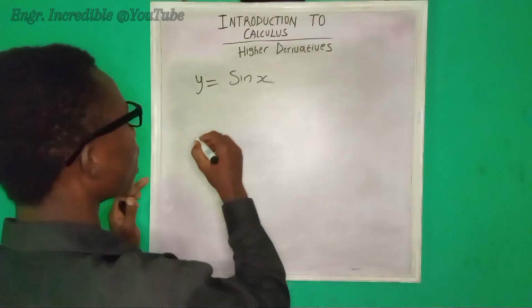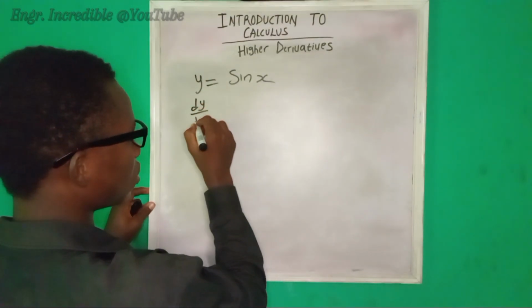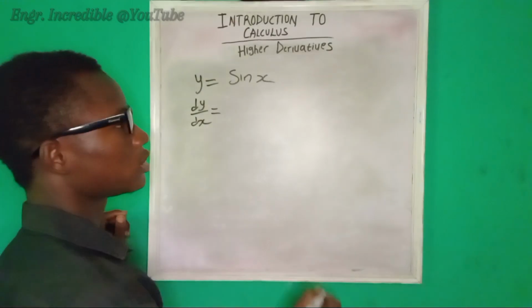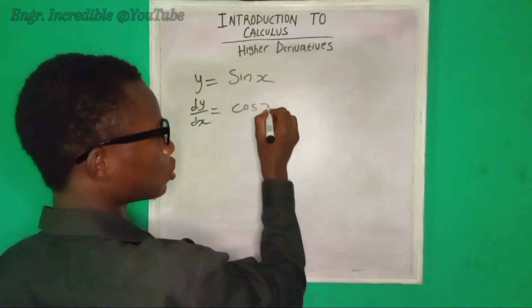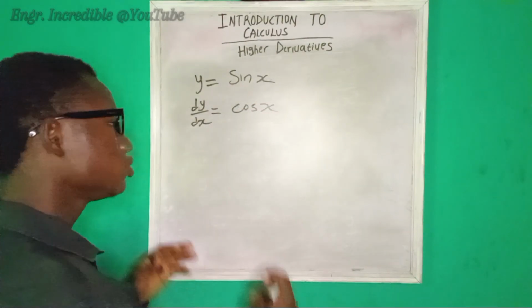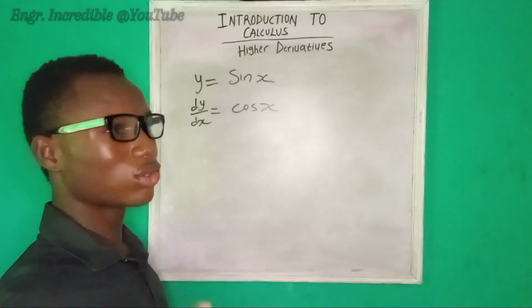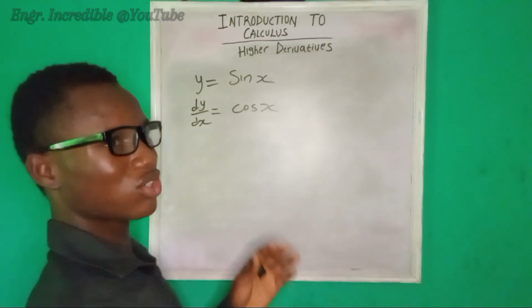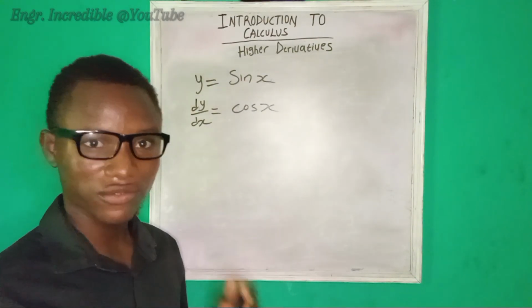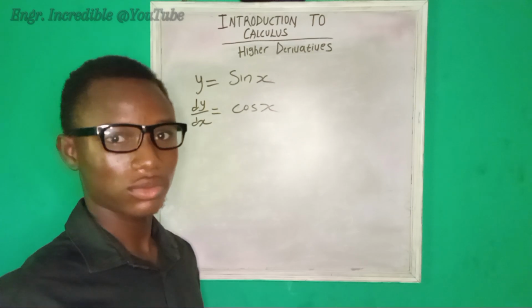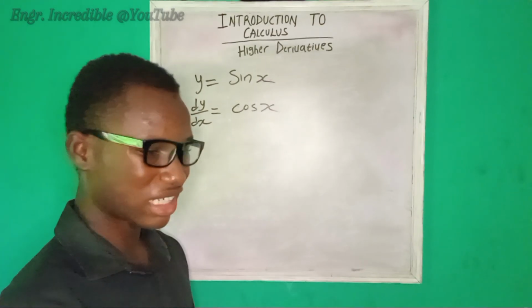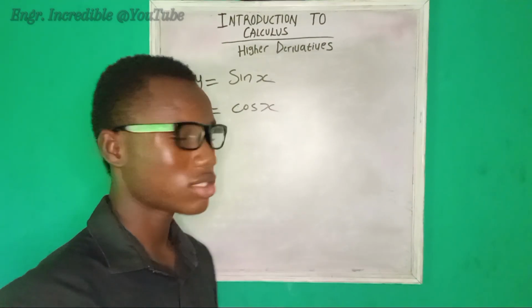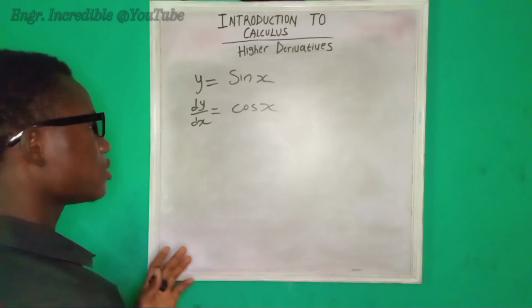So we all know that dy/dx of sin x equals cos x. So let's say we are asked to find for a trigonometric ratio. This trigonometric ratio can go as far as possible. It just keeps repeating itself and changing signs. So let's say they ask us to find for